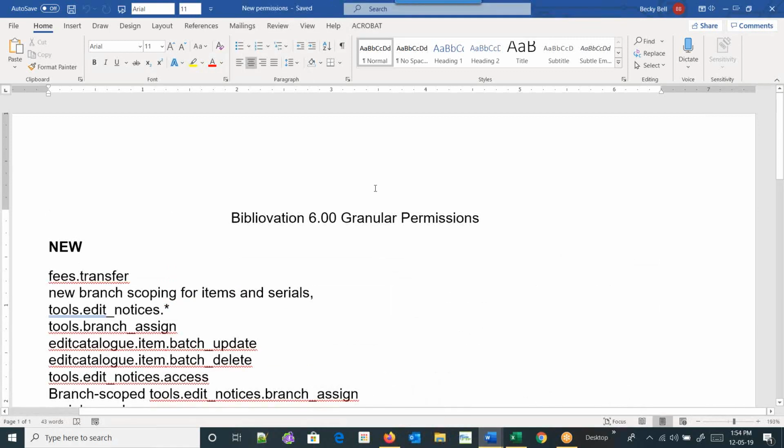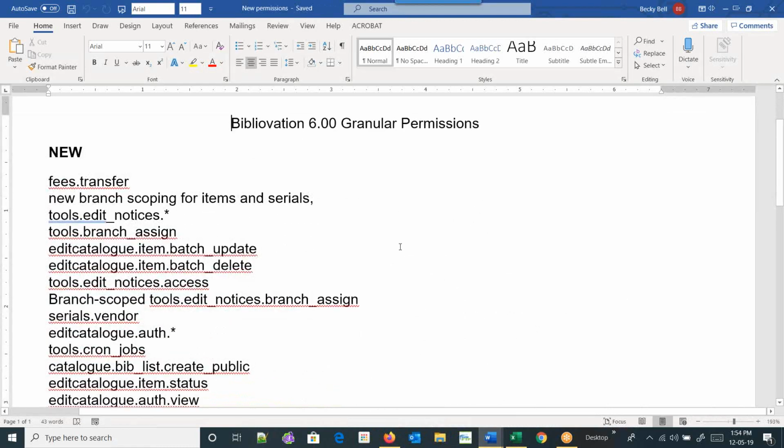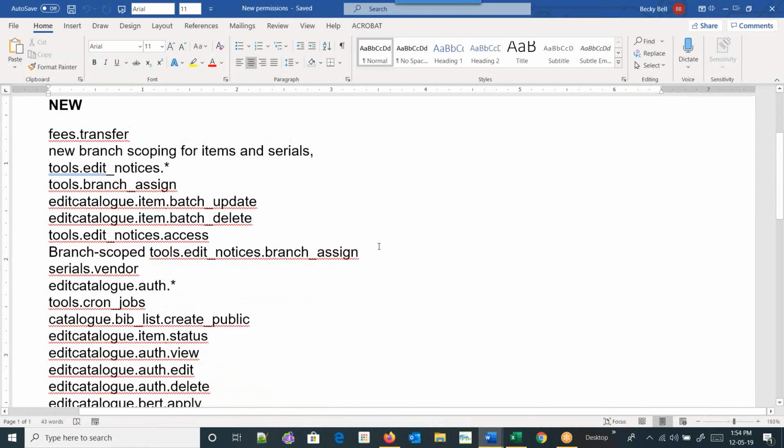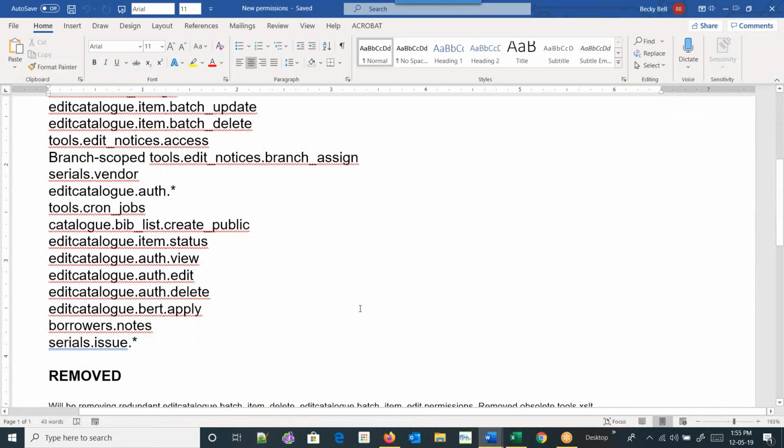The other document that I sent was the startings of the granular permissions. How far I got with this is that I was able to go through the release notes and find anything listed as a new granular permission.